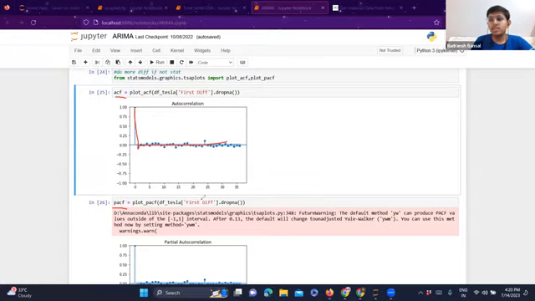Now these things might seem like, where does it originate from? How do you know? We can go into the depth of it. There is a particular theory for it, but since time limits us, what you can understand from here is that ACF will tell you Q and PACF will tell you P. And D is your differencing.